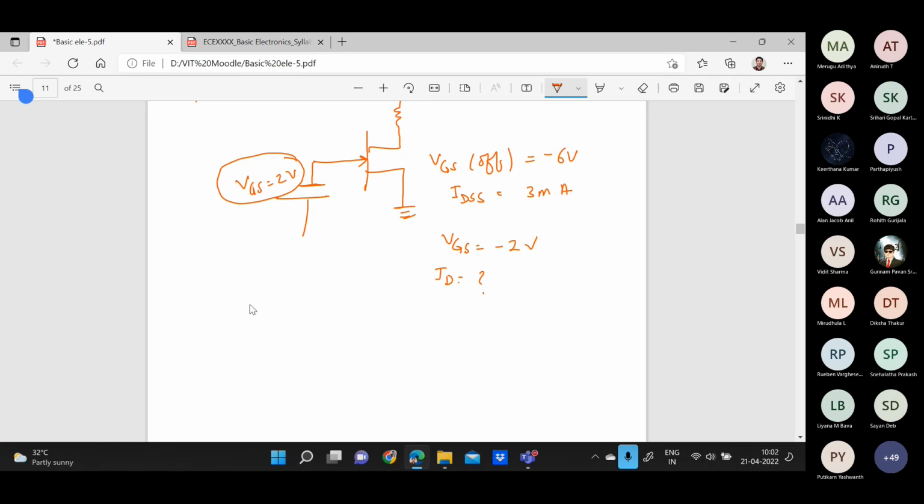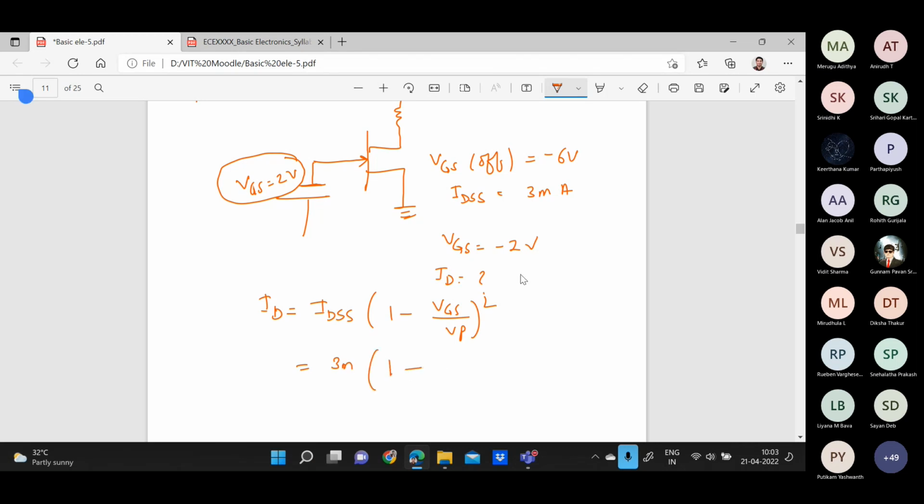The same formula, right? The value of ID is equal to IDSS times (1 minus VGS divided by VP) whole square. Now you substitute the values. What is the value of IDSS? You tell me. Tell me what is the value of IDSS? 3